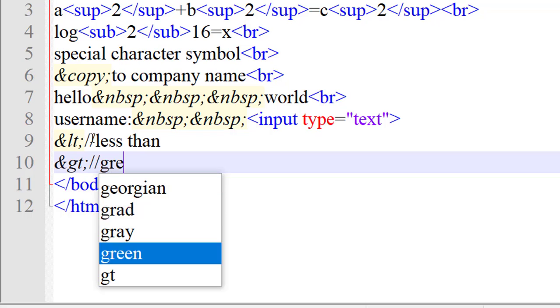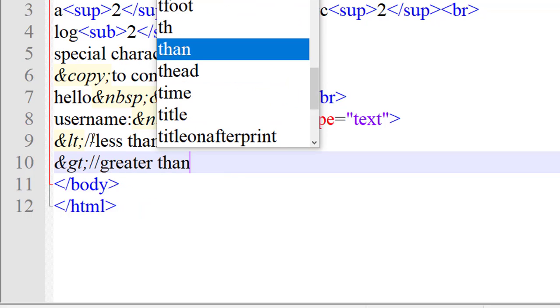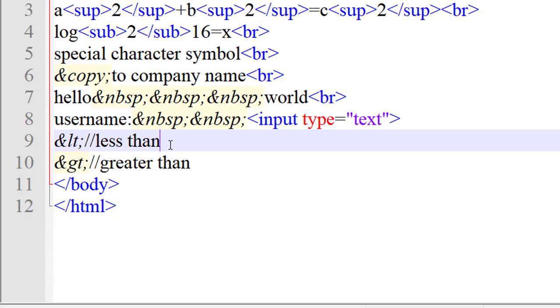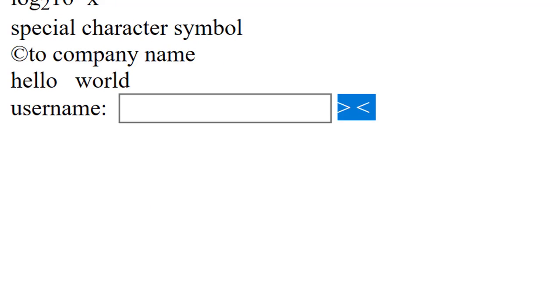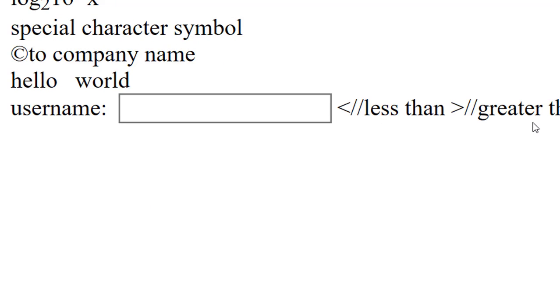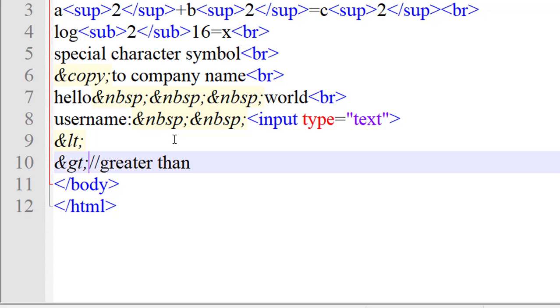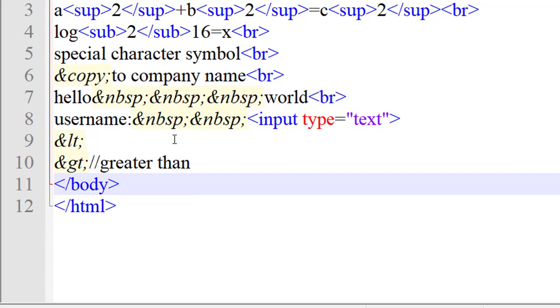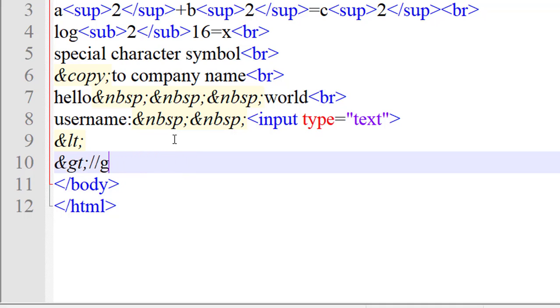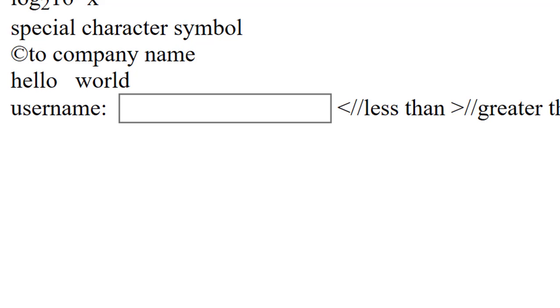From this, the greater than symbol is created. Just save this and now run it. Okay, less than symbol and greater than symbol. I can't use this comment here, because this is HTML. In HTML, multi-line comment is not available. For that, less than and greater than sign is created. Just refresh this, less than and greater than sign.